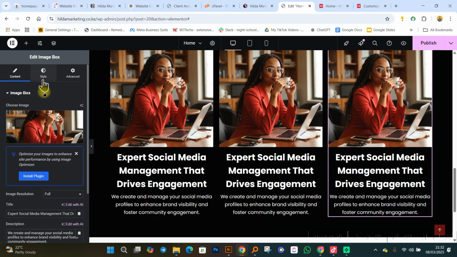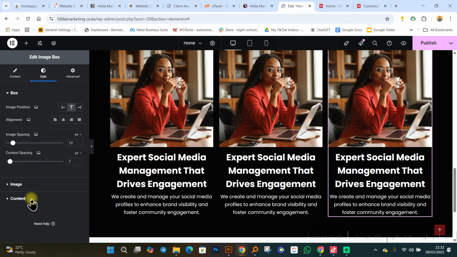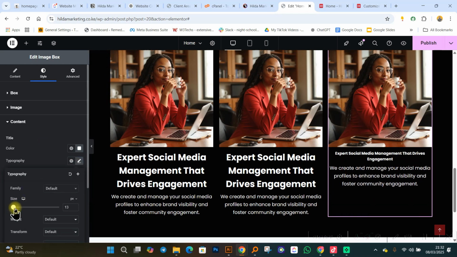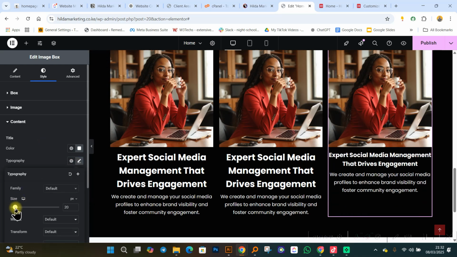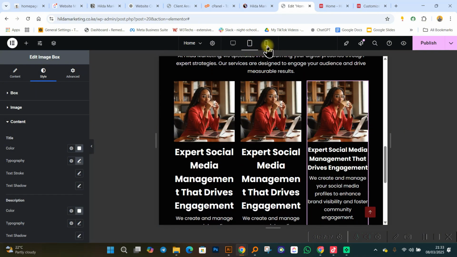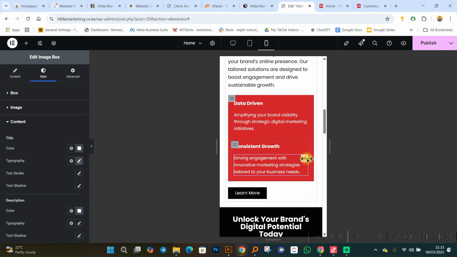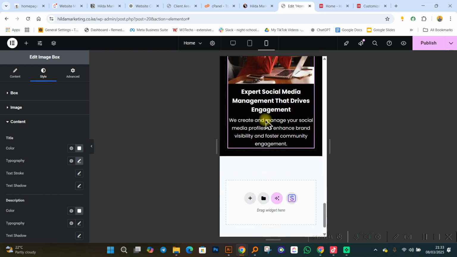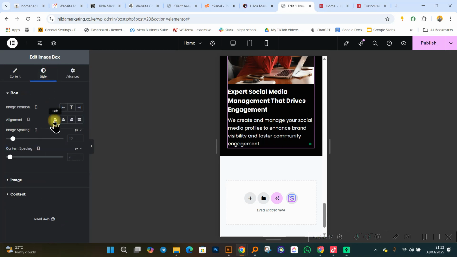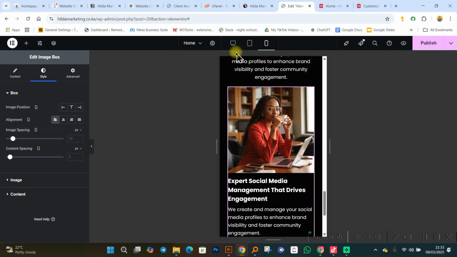Right? Now it's easy for us to come and adjust our heading. To adjust kidogo, the title itself. Yeah, we can make it like that. We can have something like that. And then probably let's check on these devices. So it looks like that in tablet. So let me just come again. I'm adjusting this particular one. I can select my text, click on content. Sorry, I'm looking for style, align it to the left. So we're going to have something like that.